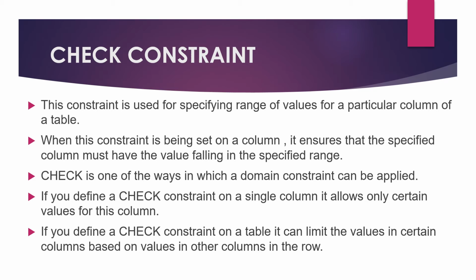Example, consider the employee table. There is an employee table, and employee number, employee name, city and salary are the attributes of the employee relation. Here, using check constraints, we can specify that the salary of an employee should always be greater than 1000. Similarly, we can also use check constraints to specify that the people who are employed in the organization should belong to either Pune, Mumbai or Delhi city. Thus, check constraints can be used to restrict the values an attribute of a relation can have.